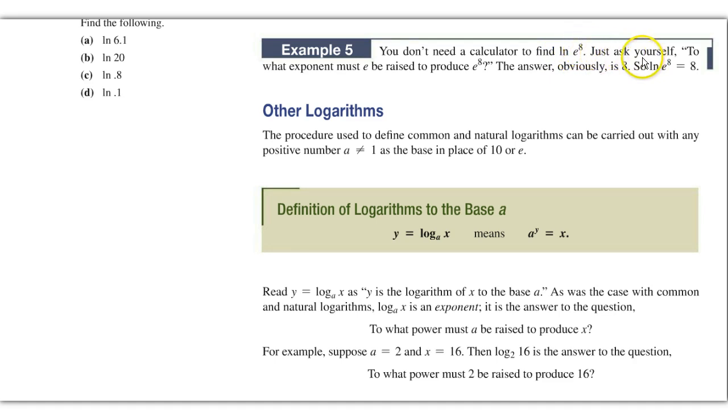You just need to ask yourself, to what exponent must e be raised to produce e to the 8th power? And the answer is obvious, they're saying. It is 8. So the natural log of e to the 8th power